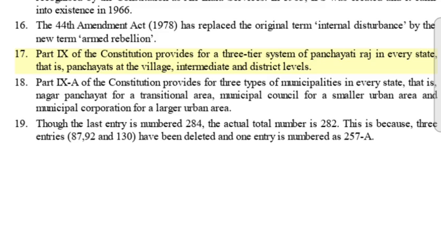17. Part 9 of the Constitution provides for a 3-tier system of Panchayati Raj in every state, that is, panchayats at the village, intermediate and district levels. 18. Part 9A of the Constitution provides for 3 types of municipalities in every state, that is, Nagar Panchayat for a transitional area, municipal council for a smaller urban area and municipal corporation for a larger urban area. 19. Though the last entry is numbered